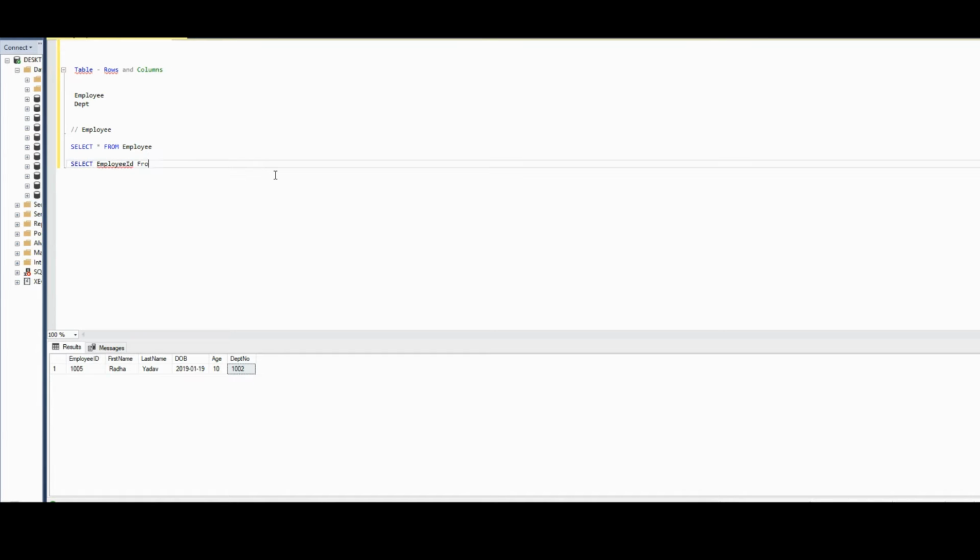Select the column name from employee and execute that, and you will get the result for a specific column. If you would like to select any other column, you can specify that column name. If you would like to filter the records for a specific